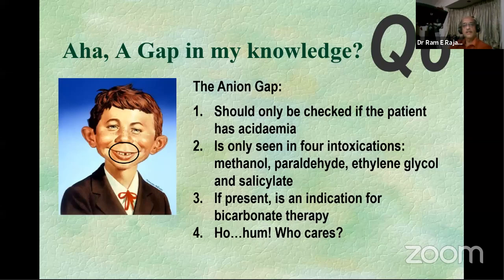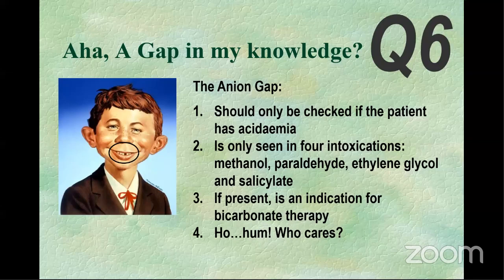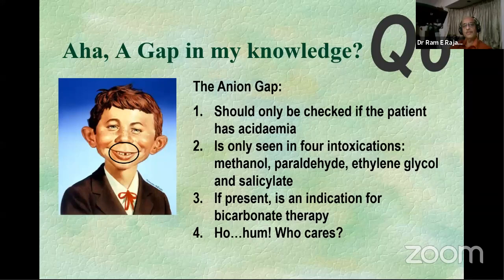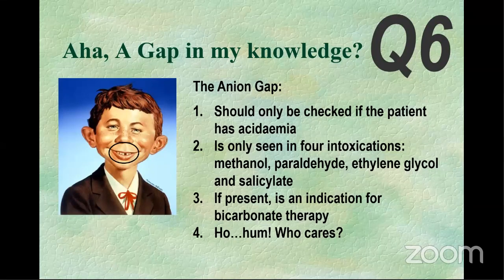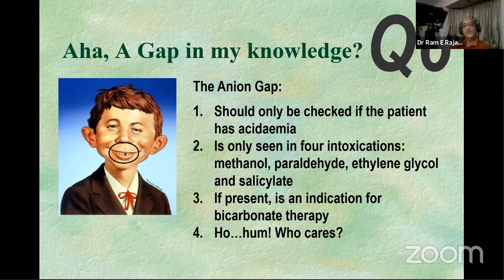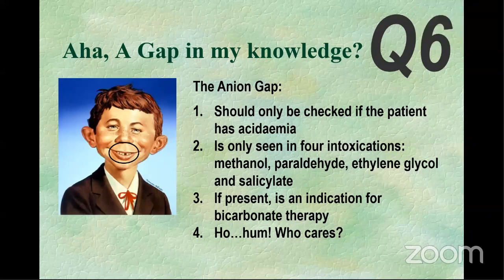And the next one, it's seen only in 4 intoxications, the large anion gap. Yes, sir. I meant large anion gap, so I didn't put anion gap alone. Is that a positive anion gap? So normally we use MUDPILES as an acronym for the positive gap. Okay. So there are other positive anion gap causes like diabetic ketoacidosis is also one of the things.